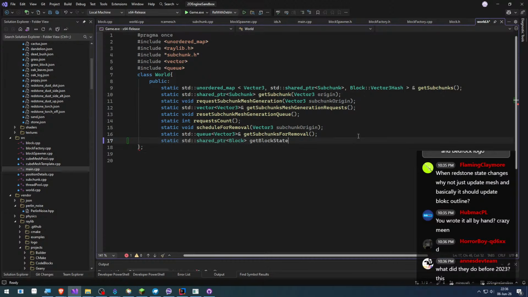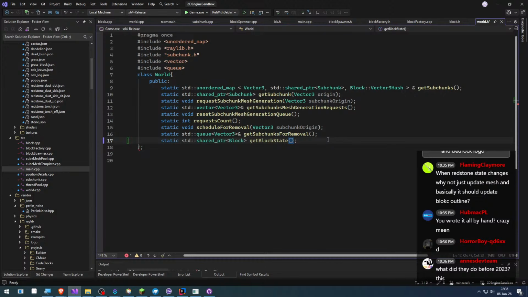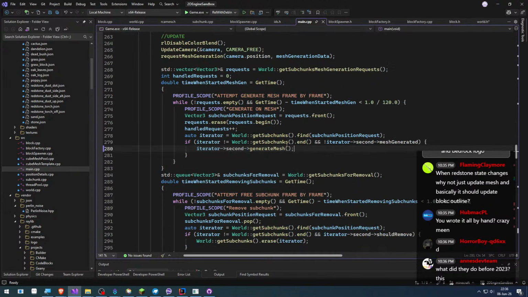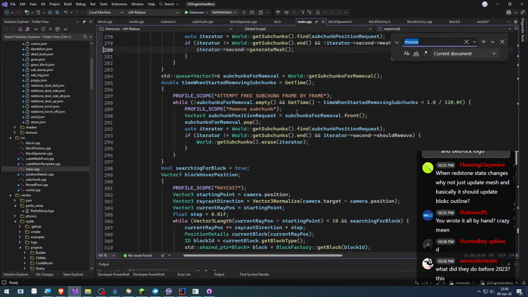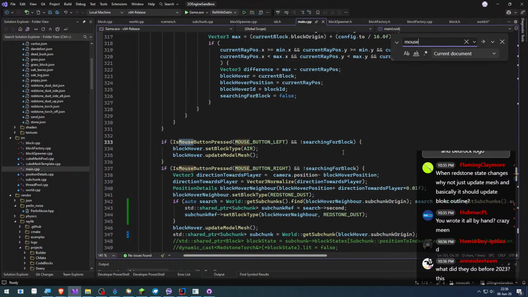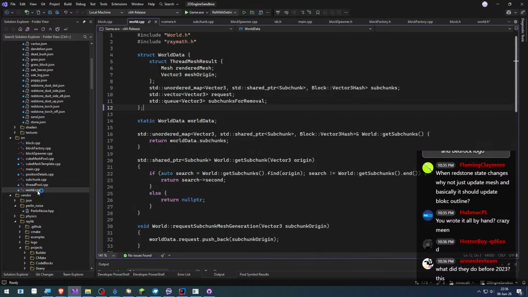Get block state. Get block state, and here, what should I use? Should I use position details? Do I need the position details? How do I get it here? Let's go to the mouse here in the main. The mouse here, when we right click, set block type. Yeah, I need the position. So instead of the world,